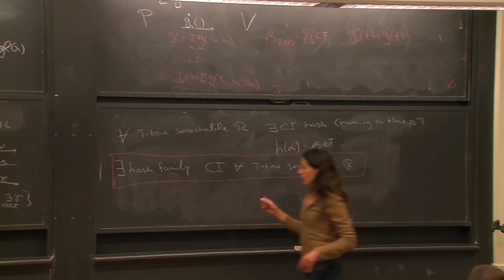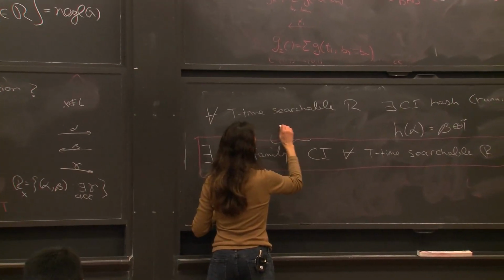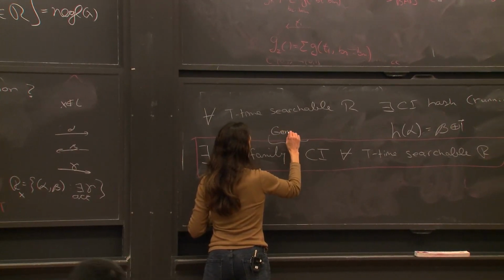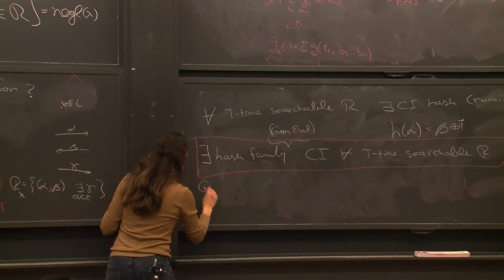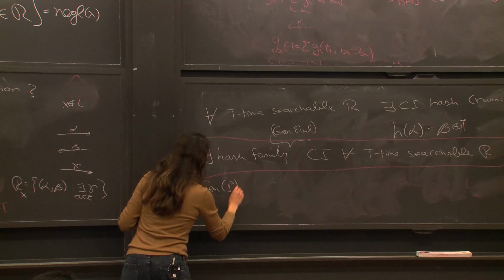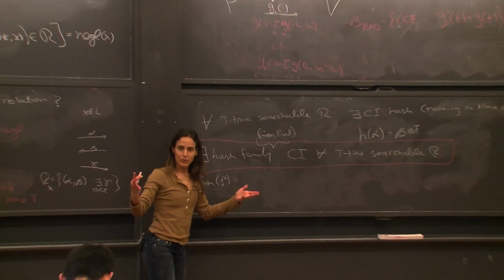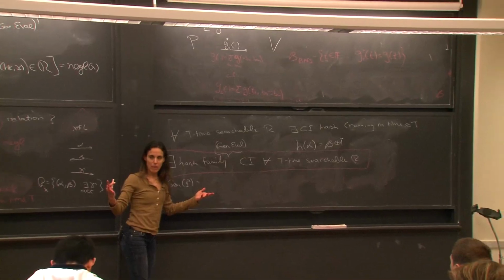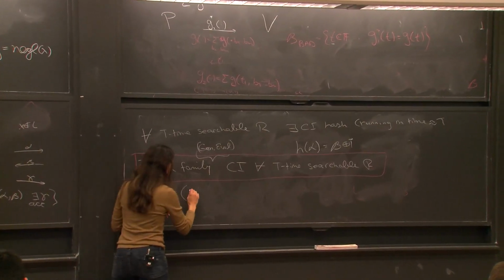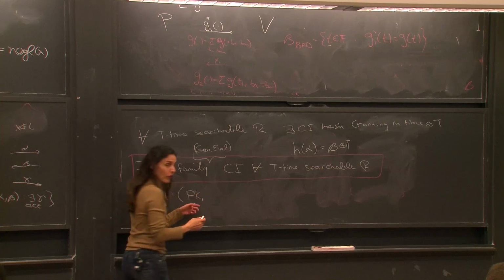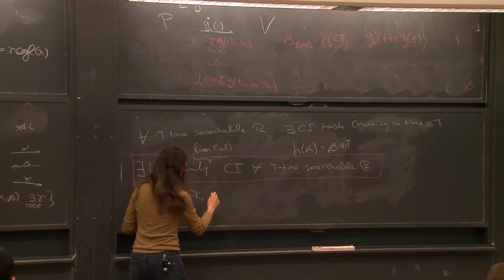I'll tell you. To define a hash family, I need to say what Gen is and what Eval is. So here is the Gen. Help me out. What does the Gen do? Use the FHE key. Exactly. He computes a public key for the FHE and encrypts something. Nobody cares. We're never going to decrypt it. It encrypts